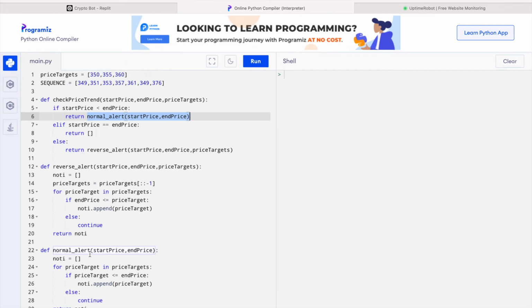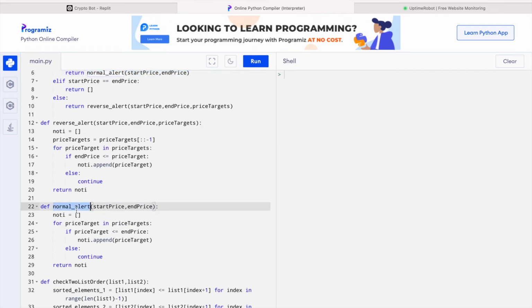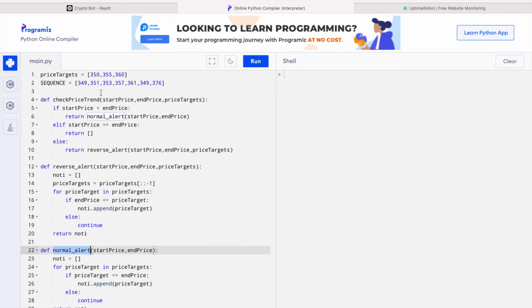And the normal alert will do a check inside the price target in ascending order. So we'll be checking if 350, 355, and also 360 are within the list of start price and end price. If the start price and end price are the same, we do nothing and return an empty list.